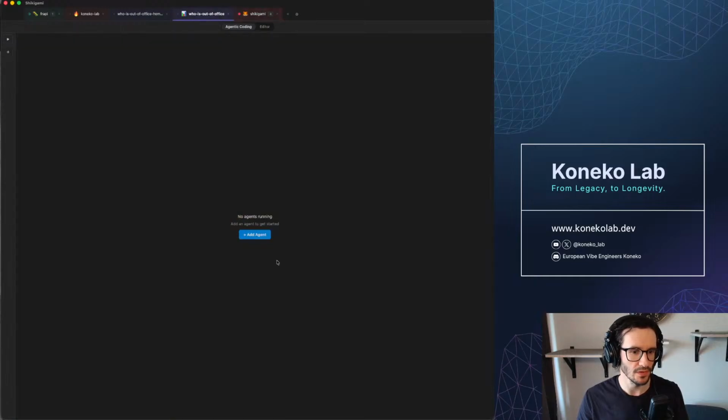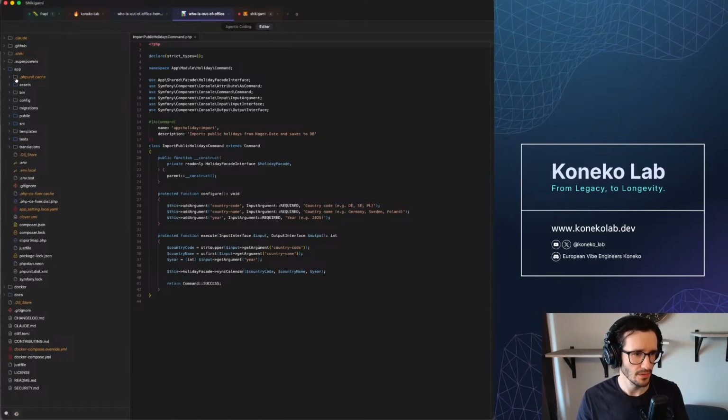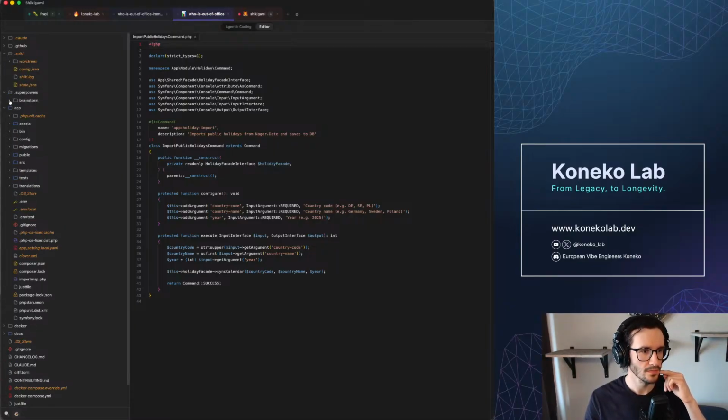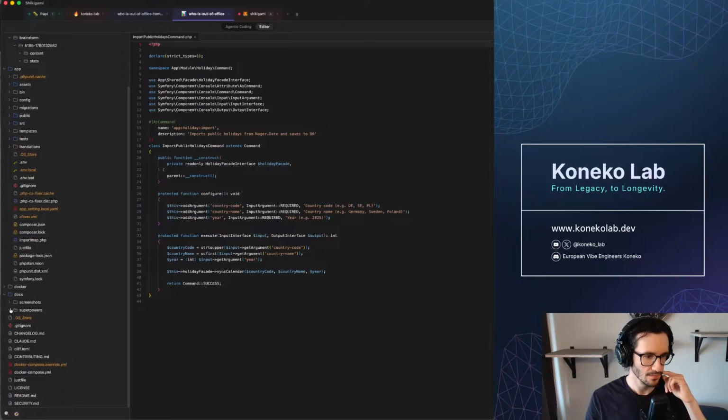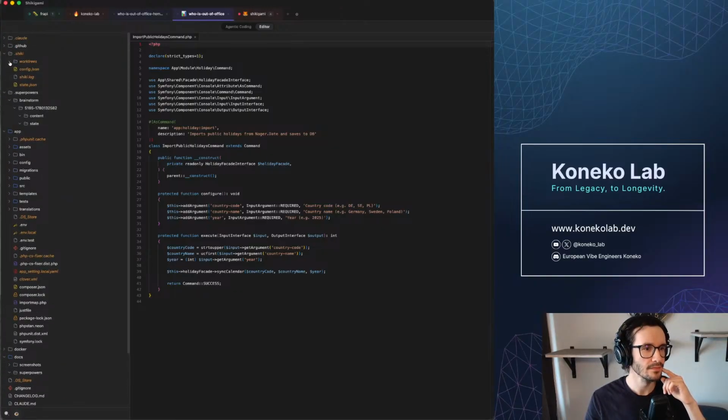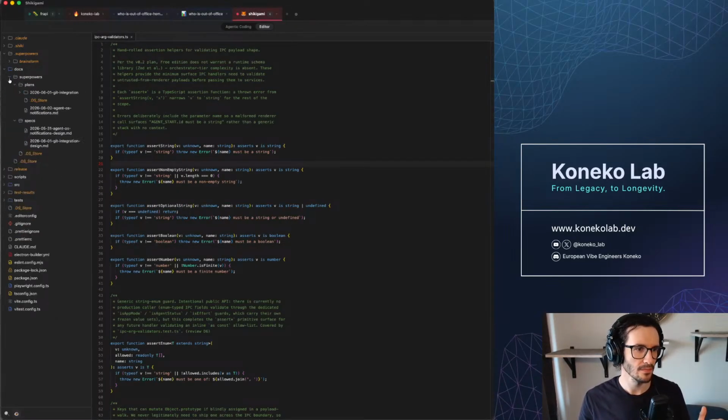Maybe not here, maybe in the who is out of office project. Okay, these directories are empty. And this as well. Okay, I don't have a state to reproduce it, and I don't want to remove any of the files that are actually needed. But the issue was that... okay, I'm not gonna remove this file.